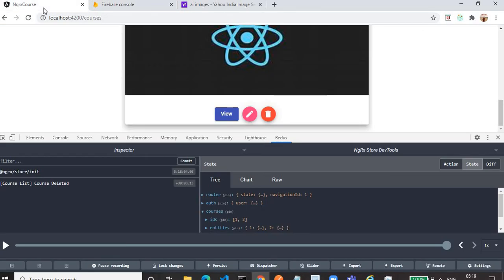Okay. Although it was deleted from the store, in the Firebase it is not yet deleted. There might be some reasons for that. So let's debug.